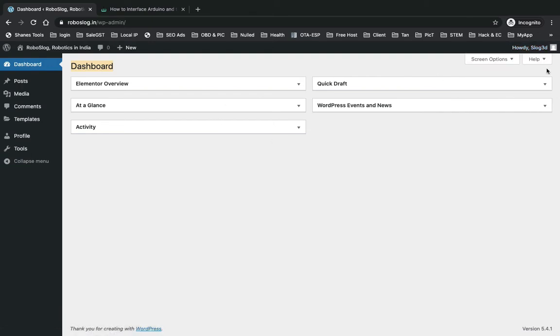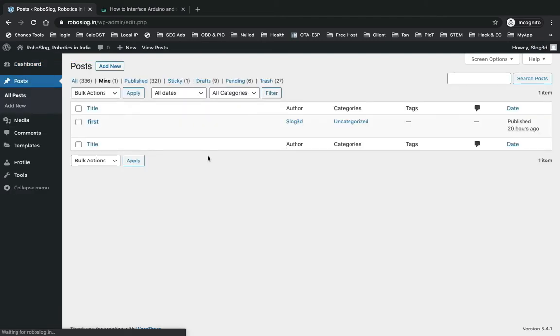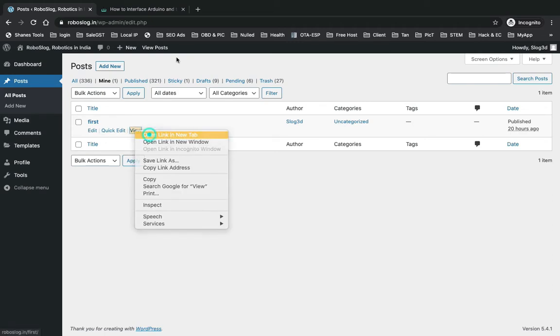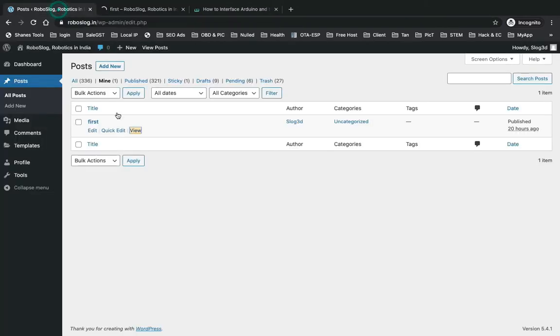So first, let's log in here. I'm already logged in. Now let's come to all posts. The most important thing you need to know is that if you have already published a blog, you can still edit it anytime you want. This blog is already published, so you can check it like this. I'm just clicking on edit.